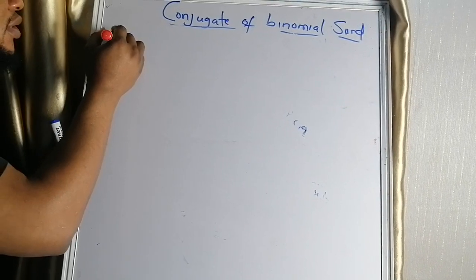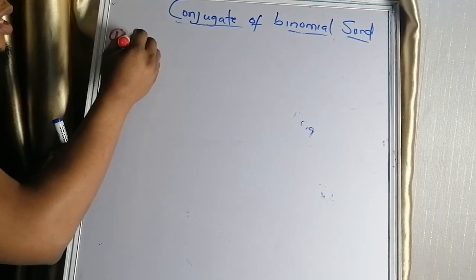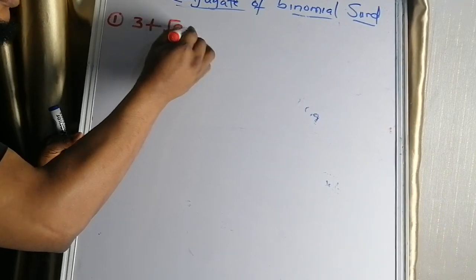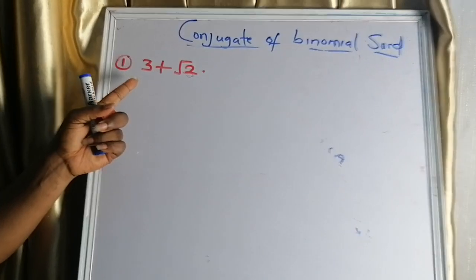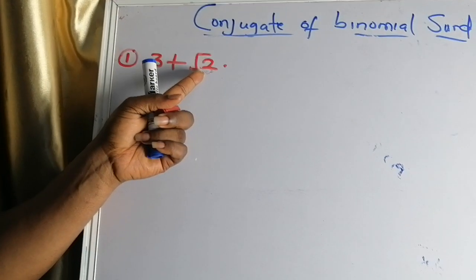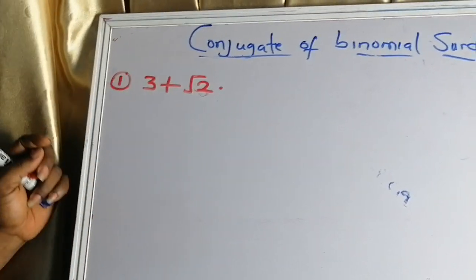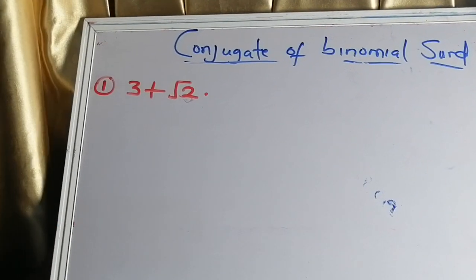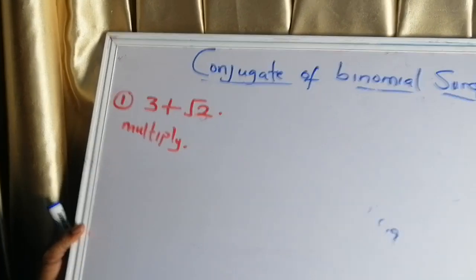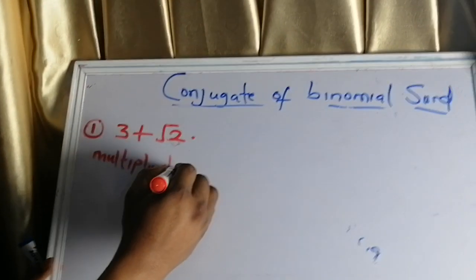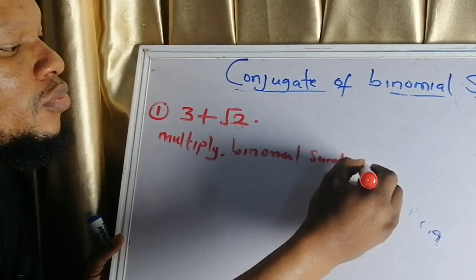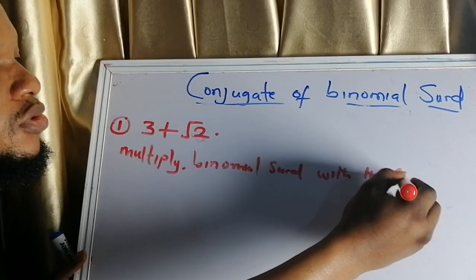So let's say example number 1. I was given 3 plus root 2. This is a binomial surd, because 3 has no root, but the other side has a root, 3 plus root 2. So what do I need to do here? All I need to do is multiply the binomial surd